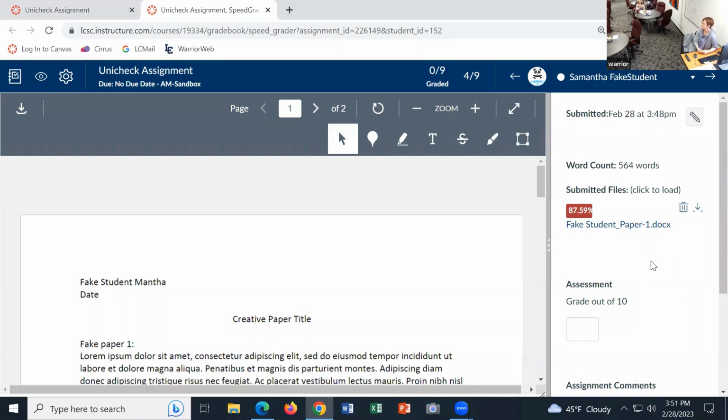Right. Well, they can if you set up a draft submission. So you would make an assignment that was just a draft submission. You would untoggle that first option where it said add it to the database. You could even make this an ungraded assignment. It wouldn't have to count towards the final grade if you're literally just wanting them to use the tool to generate the report so that they can then see what they're doing wrong and then go get help either from you or from the writing lab or whatever.